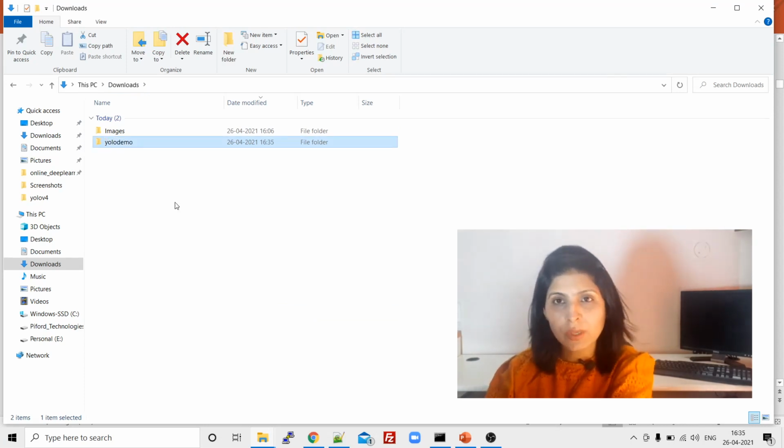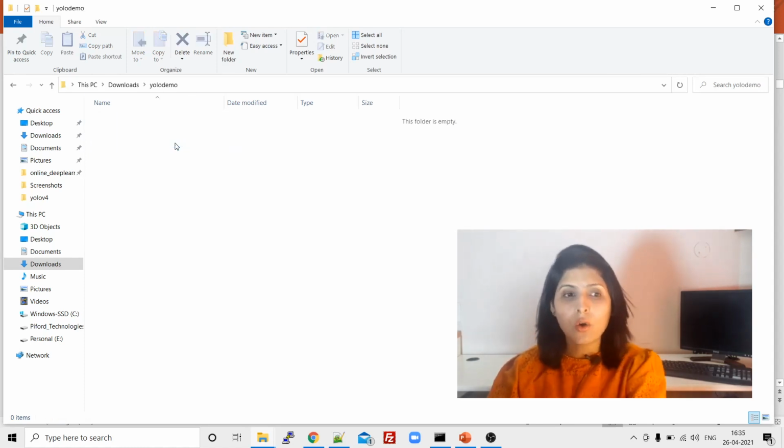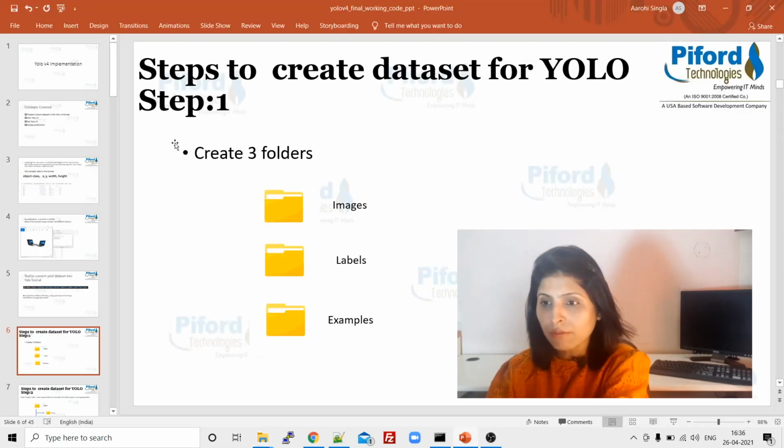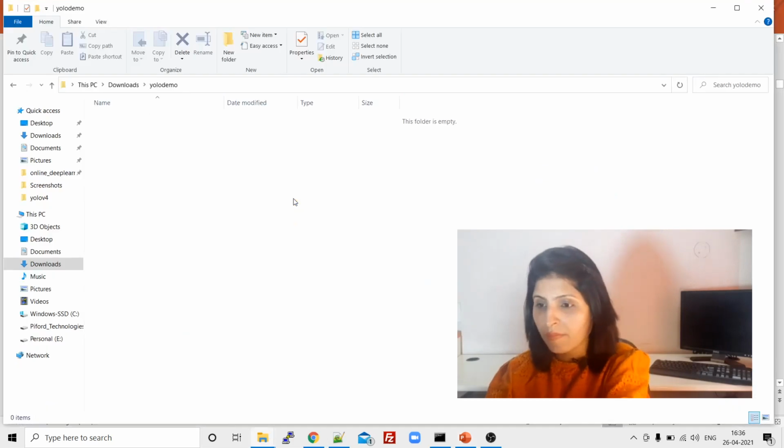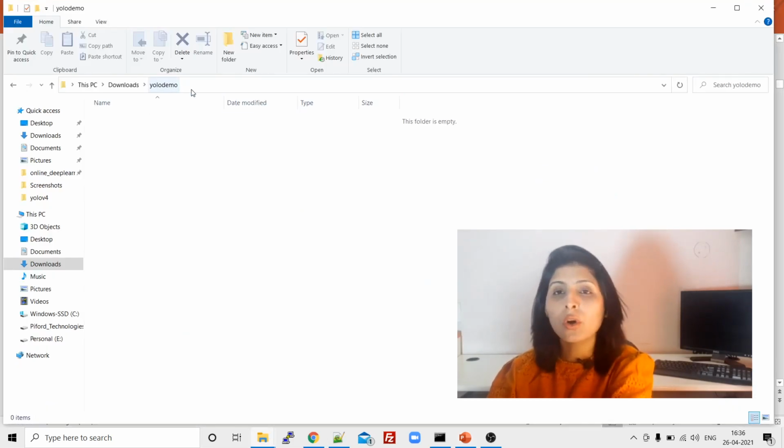Under this folder, whatever I'm going to teach you, you have to do all that functionality in this folder only. So the very first thing is create 3 folders: images folder, labels folder, and examples folder. Create these 3 folders under this YOLO demo folder.